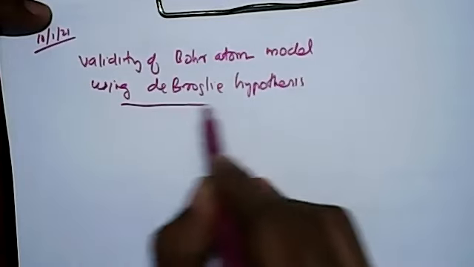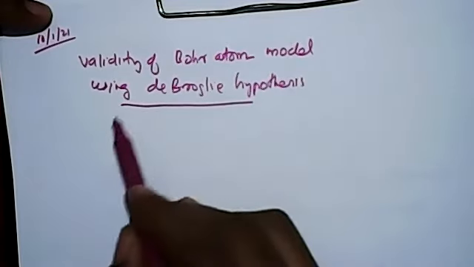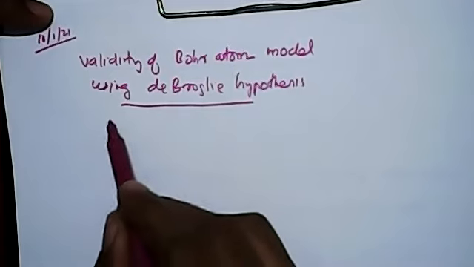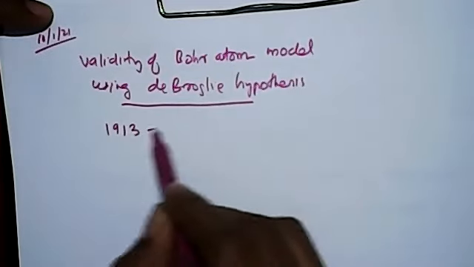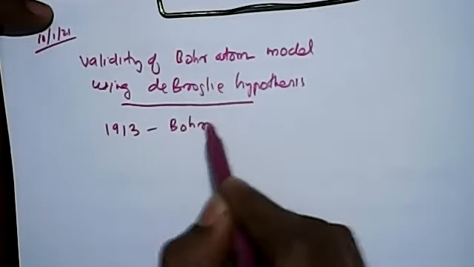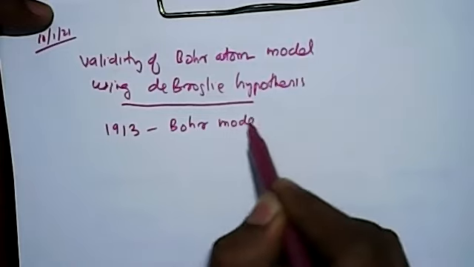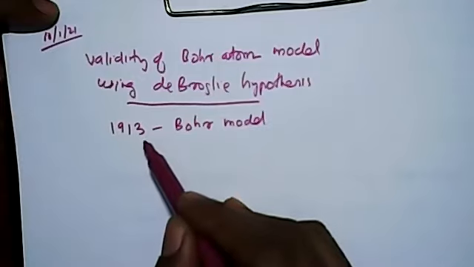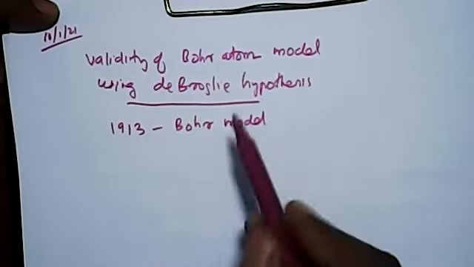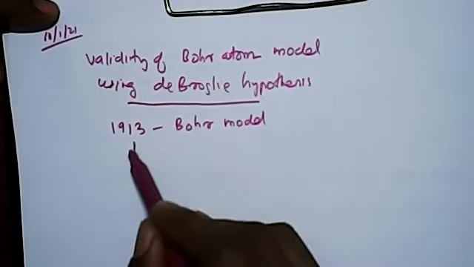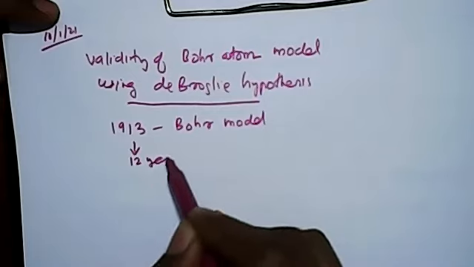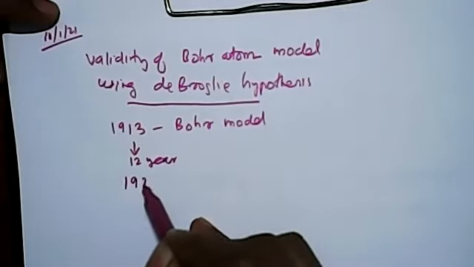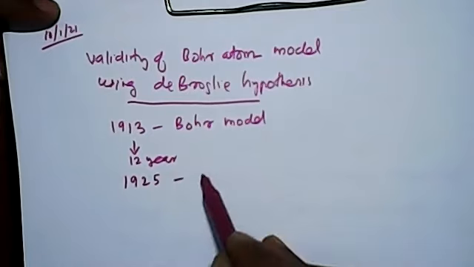Okay, so we know that in 1913 Bohr proposed the atomic model, and successfully explained the hydrogen spectra. And after some 12 years, nearly in 1925, de Broglie,